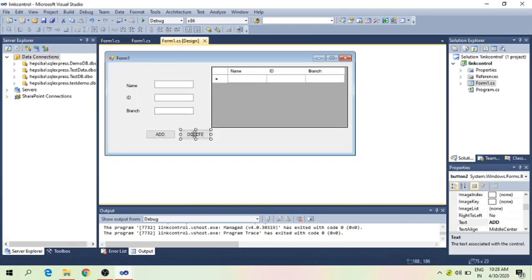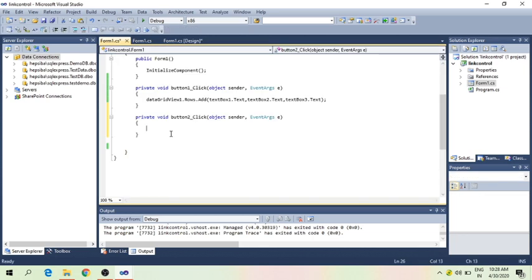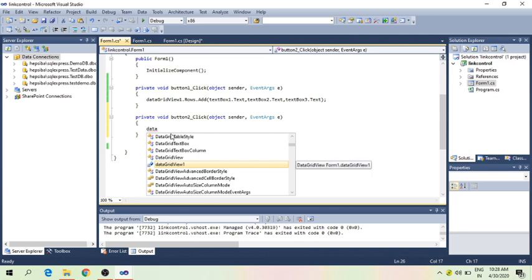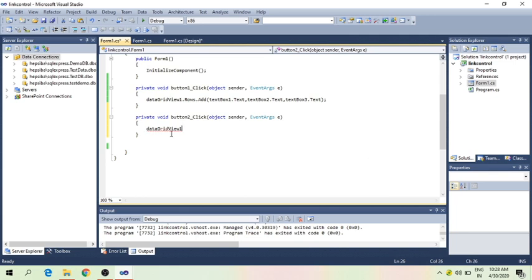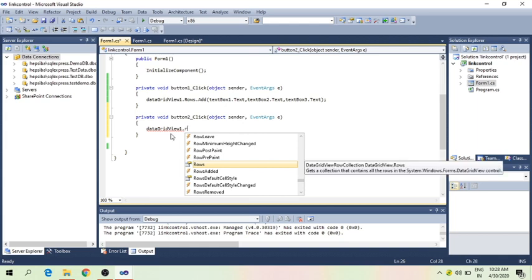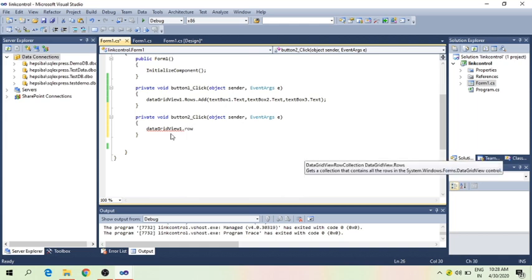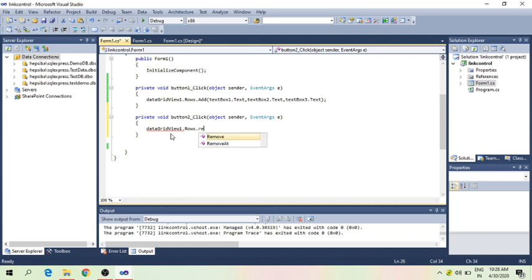Go to design view, double click on the second button. It will show us the design. So here also, I want the information to be deleted. Okay, so dot rows dot remove. I don't want the information, so to remove we must use this. But before it removes the information, we need to check whether the information is there or not. So better to include a condition.